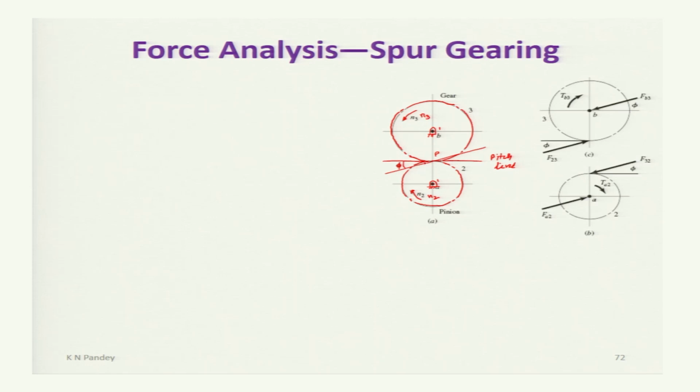Now the force from pinion to gear will act in the direction of the line of action. This is the line of action, and so when free body diagrams of pinion and gear are made separately, shown in figure B and figure C, then